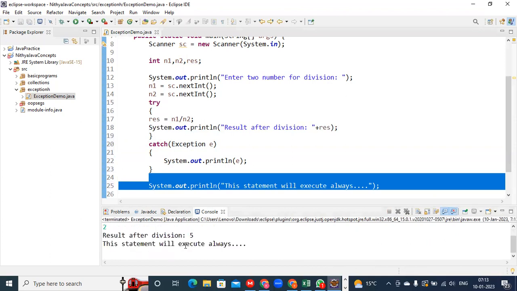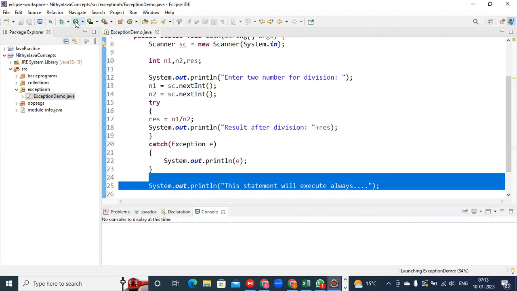So 10, 2. There is no exception. Result after division, we are getting 5. And finally, this statement will execute always. Even that statement we are executing. And in this particular case, if you see,